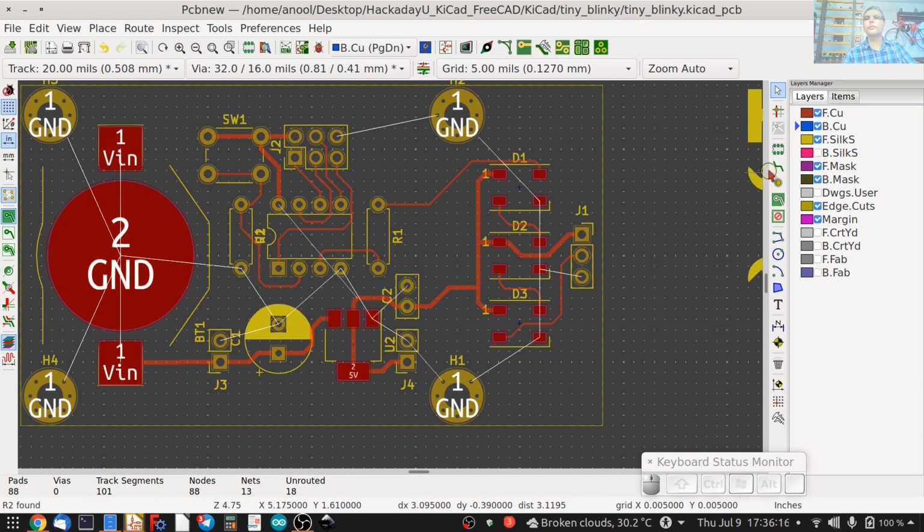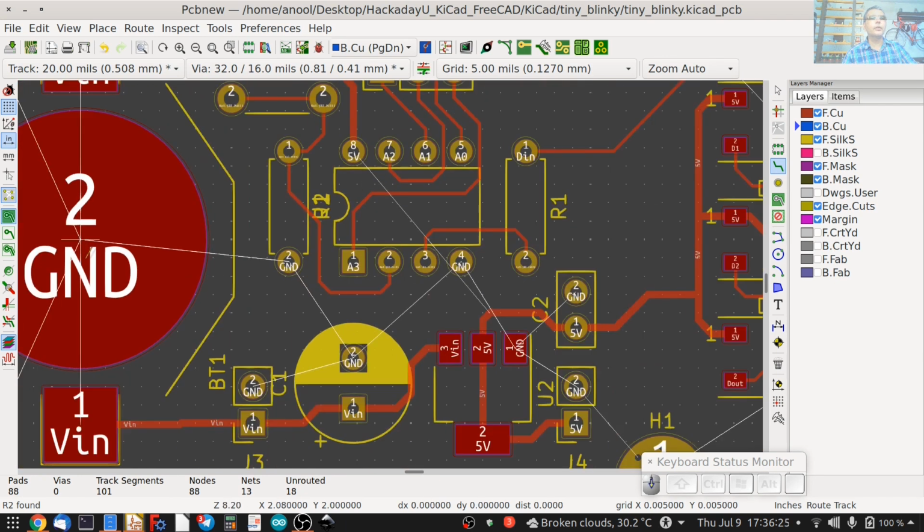So I have selected the bottom layer. I can now select the route tracks option, and I can make sure that I start drawing the ground track.